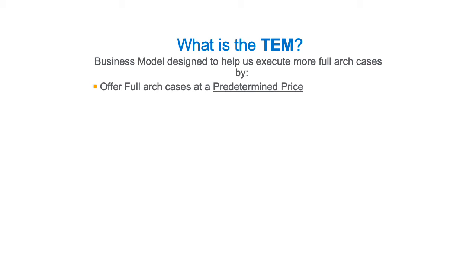So what we did, and actually this treatment efficiency model was started by a couple implant reps down in Texas, probably about, well, I don't know how long, before Clear Choice, but I want to say 10 years ago, 12 years ago. We started implementing it here in St. Louis 8 to 10 years ago. So I sat down with Dr. Hosh probably 9 or 10 years ago and said, Doc, we got to start coming up with surgical fees,